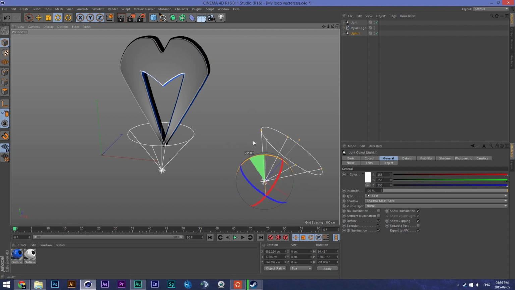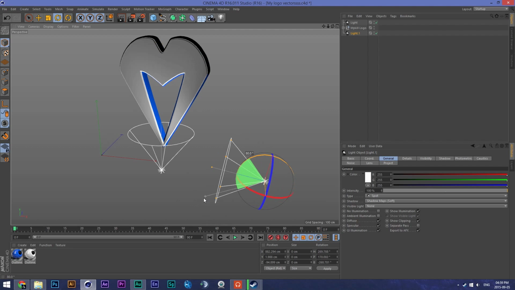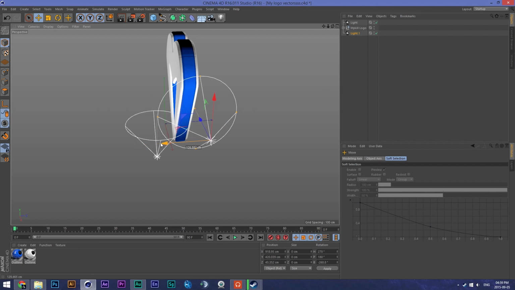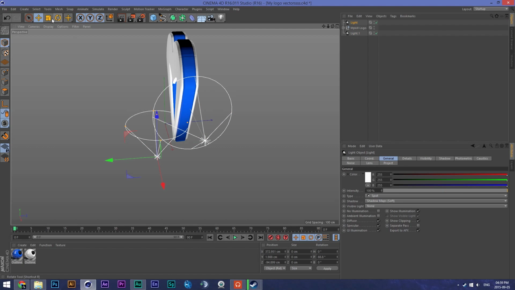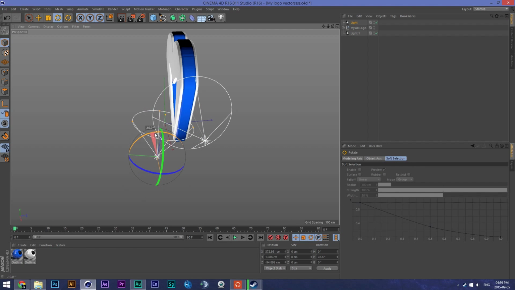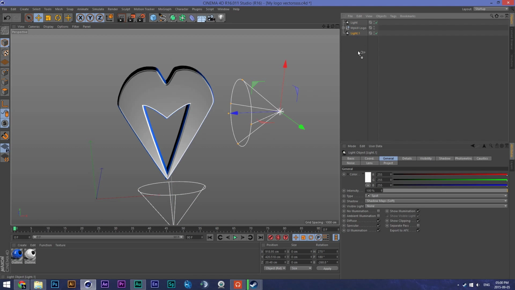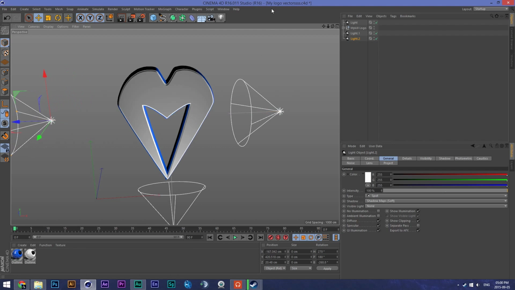What you want to do is rotate and hold down shift and it'll skip to angles of 10, if you want perfect angles like that. I'm just gonna move it to the side so you can have some shadows all around the logo. And then I also want that to be a bit angled as well. Maybe 10, 30, something like that. I'll just move it, whoops, I'll just move it away. Something like that, yeah. And then for this left one, we'll just duplicate, move it to that side,